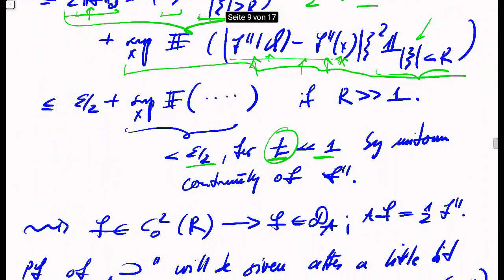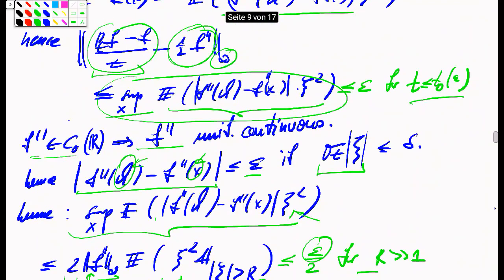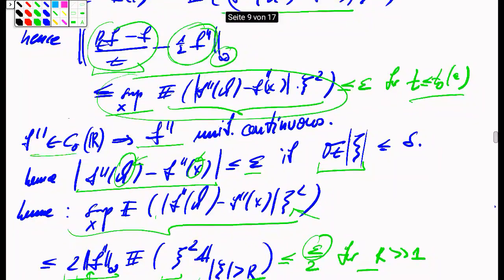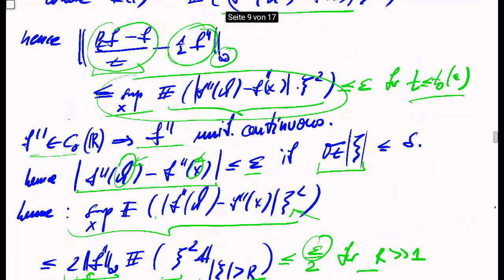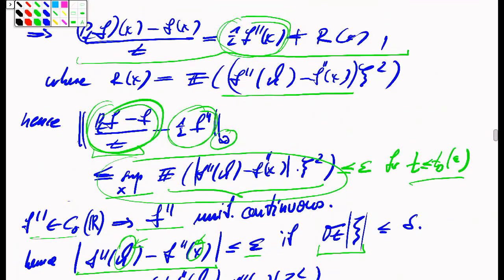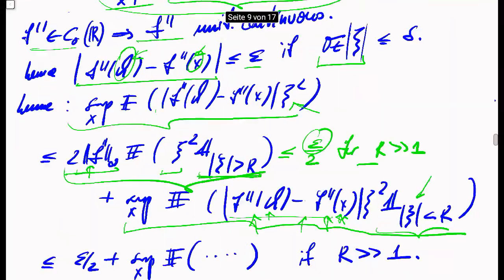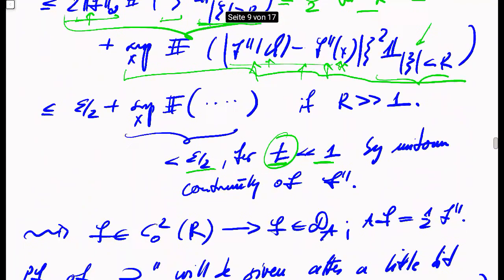So hence I find that if the function f satisfies the regularity conditions as stated, in particular that the second derivative is bounded and vanishes at infinity, then this limit of this difference quotient exists with respect to the uniform topology,